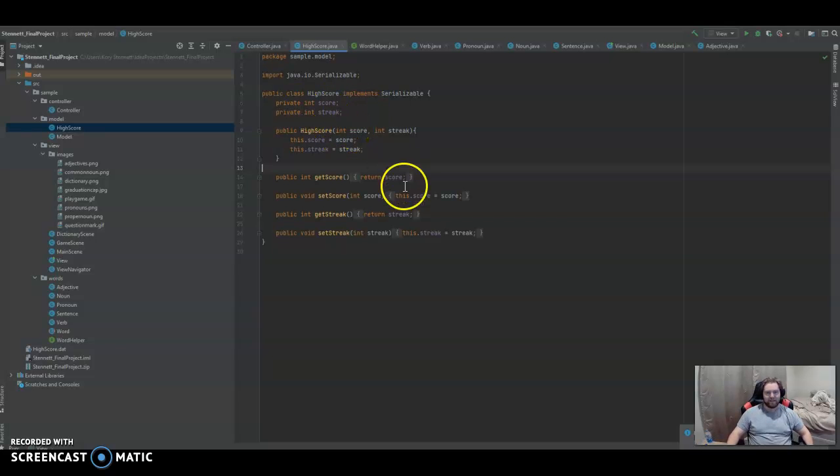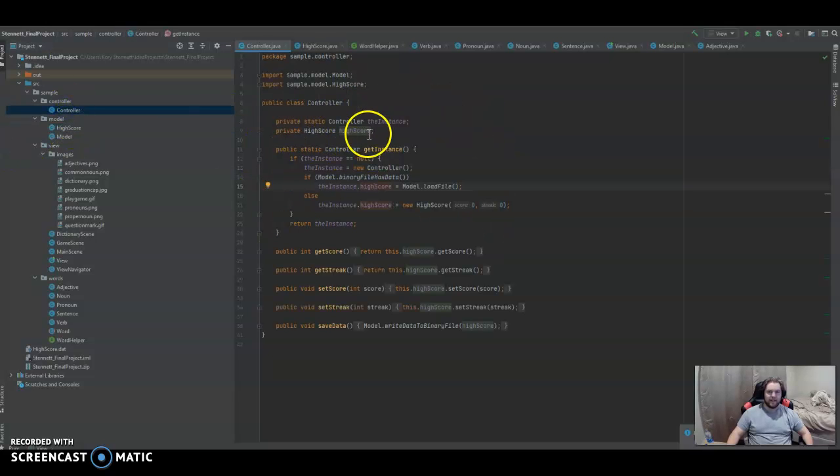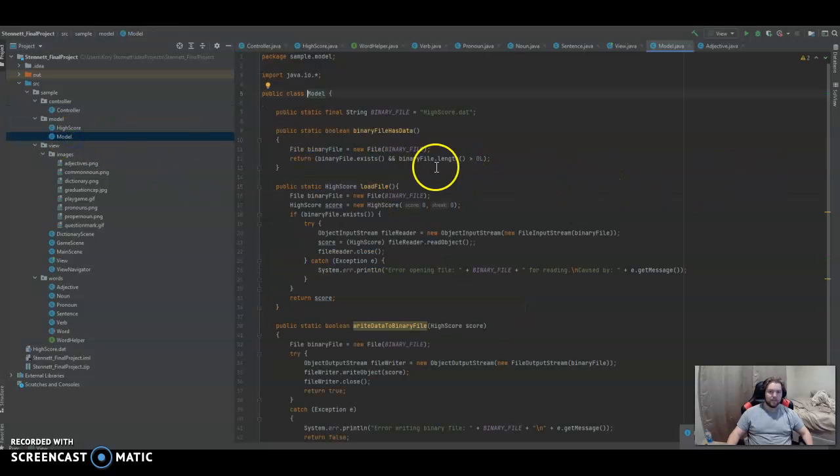So what we have here is a high score. It has get score, set score, get streak, set streak, and then it has its own constructor with the score. And all of this is saved and loaded by the controller, and then high score here by the instance. And then I'll show you here in the model. This is